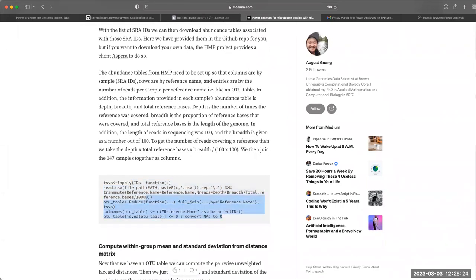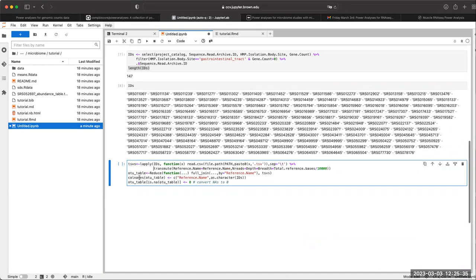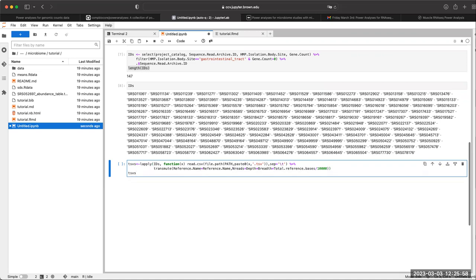So once you have all of the abundance tables, you want to turn them into a counts matrix. Here I am reading in all of the abundance tables, and then I am adding new columns, the number of reads, because they don't provide the number of reads in their abundance tables. So if I do this,